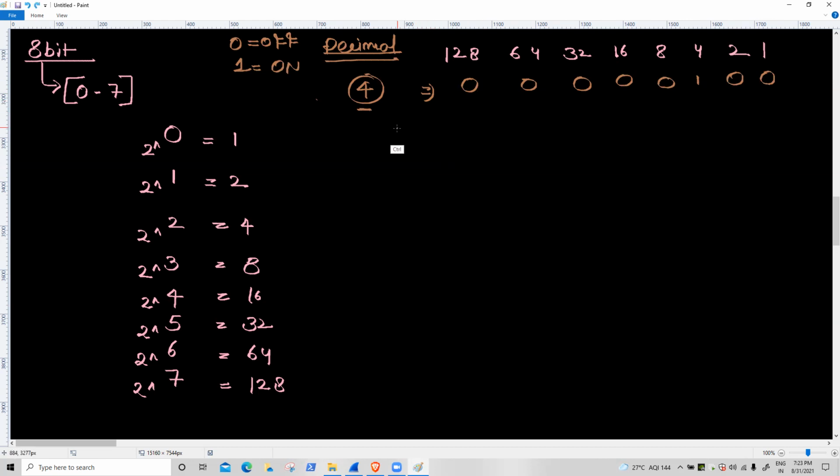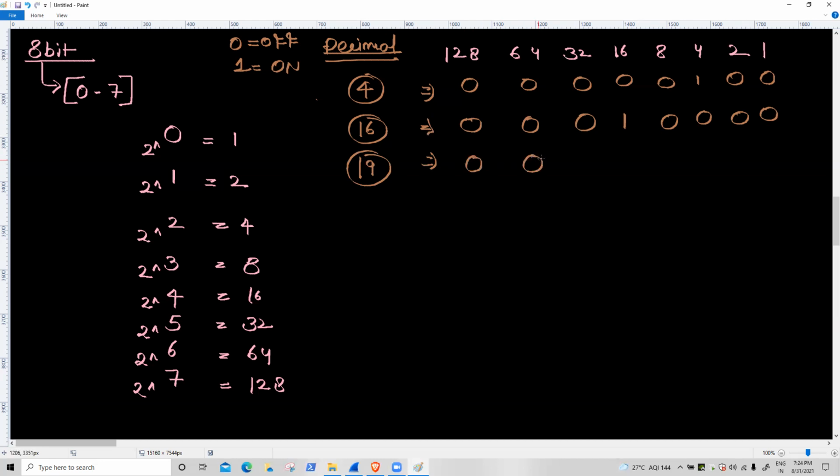Clear? Okay. Right now if you are getting a decimal value of 16, which bit is on or off? 0, 0, 0, 1, 0, 0, 0, 0. 16 is available.